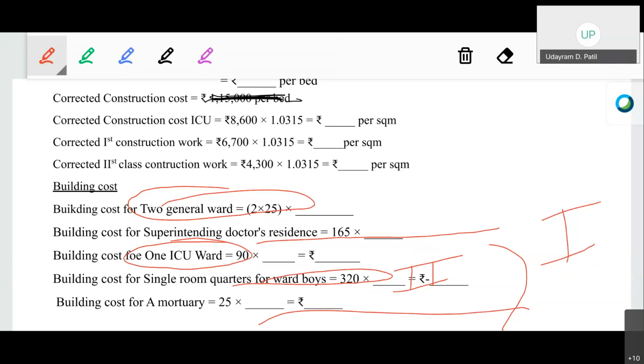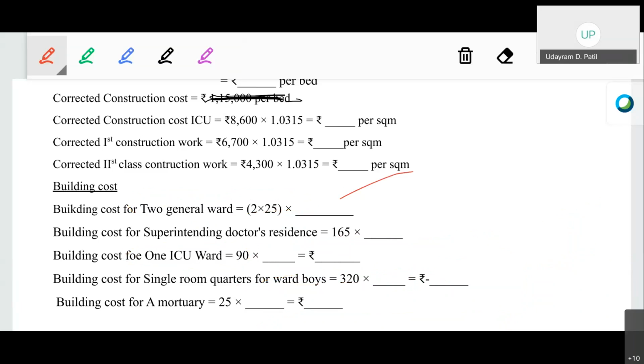So the cost for the construction of the general wards is 59 lakhs 31,125 rupees. For the superintending officers' residence, the cost is 11 lakh 40,323.23 rupees. The building cost for the ICU ward is 7 lakh